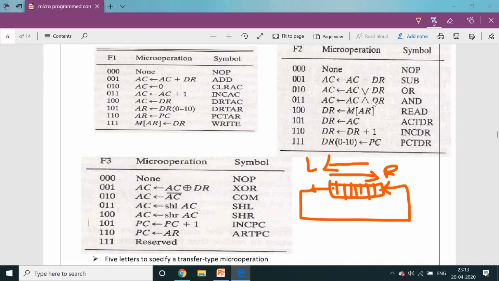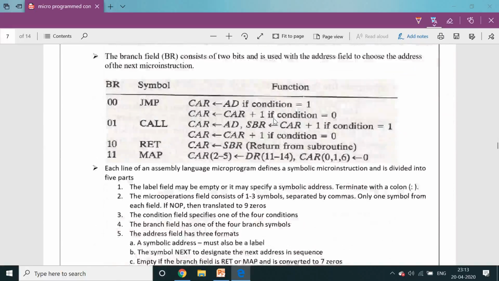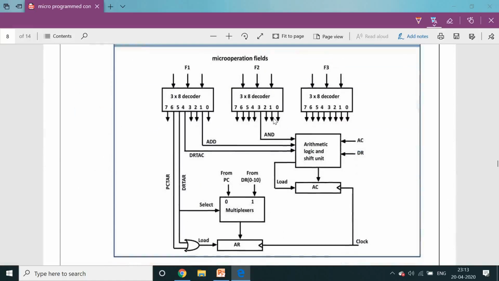Where are the accumulator and data register available in this case? Just verify the block diagram. This is the accumulator register, this is the data register. With the help of these register values, we calculate that AND operation. After execution, the result is stored into the accumulator.